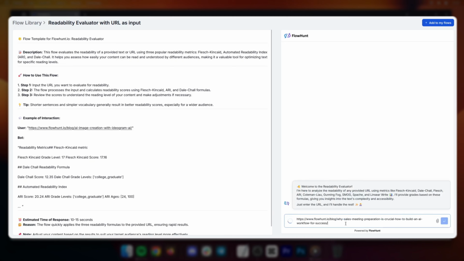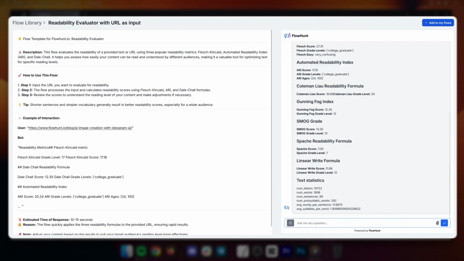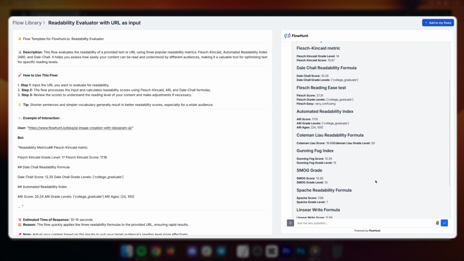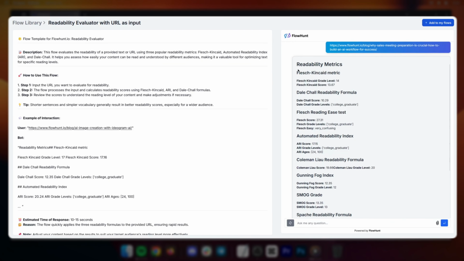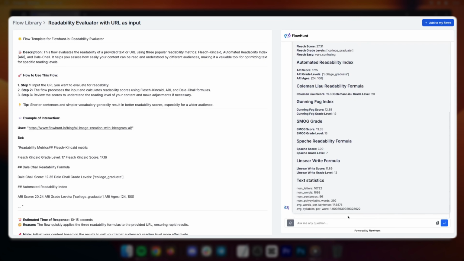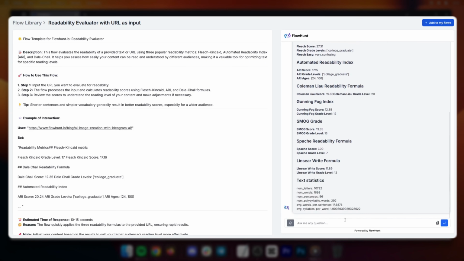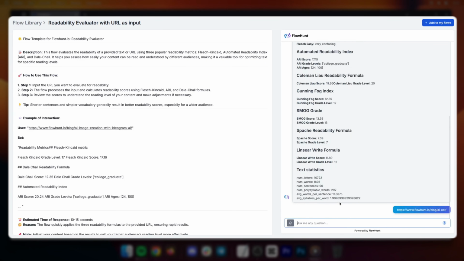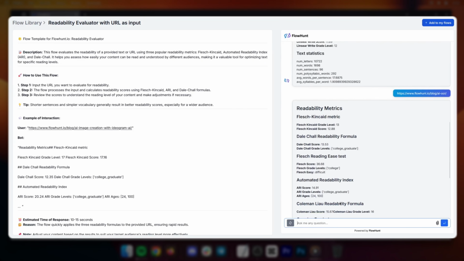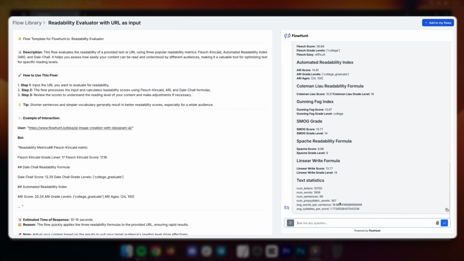Hello, everyone! Today, I'll show you how to build a readability evaluator from scratch. This tool is designed to evaluate the readability of a provided URL using several readability metrics. It calculates grades based on formulas like Flesch-Kincaid, Dale-Chall, Flesch Reading Ease, ARI, Coleman-Liau, Gunning-Fog, SMOG, Spache, and Linsear Write, offering